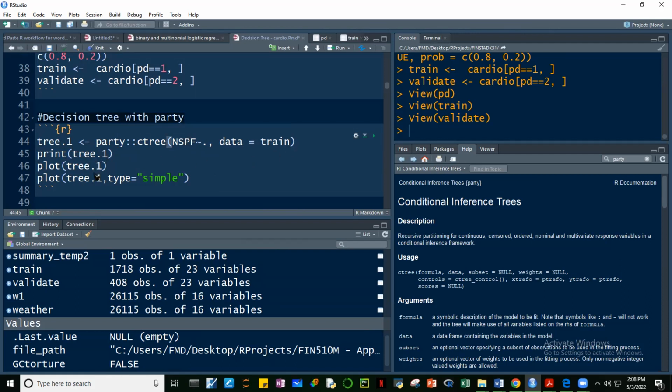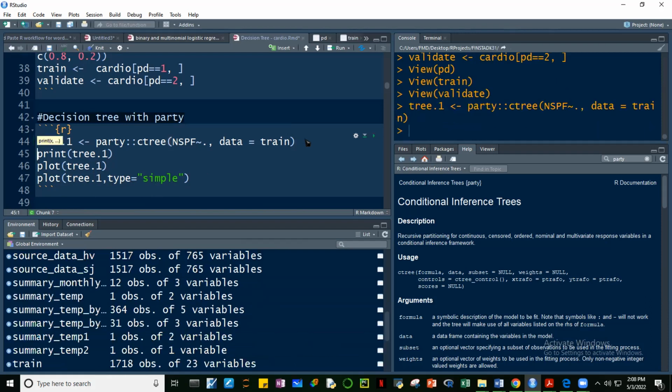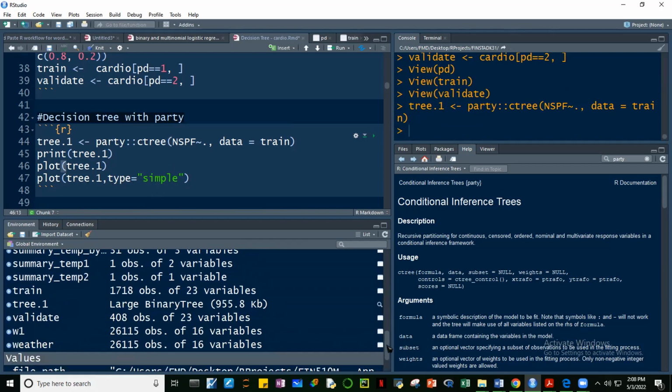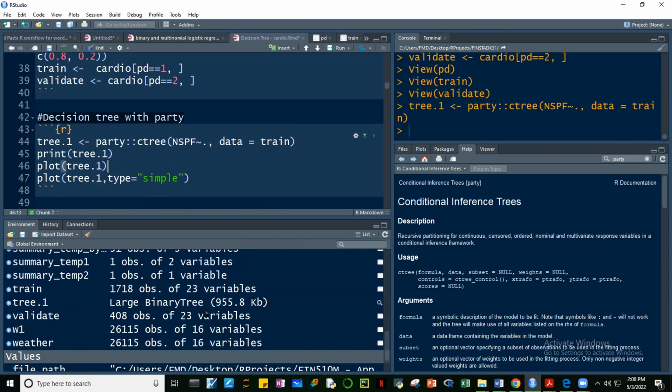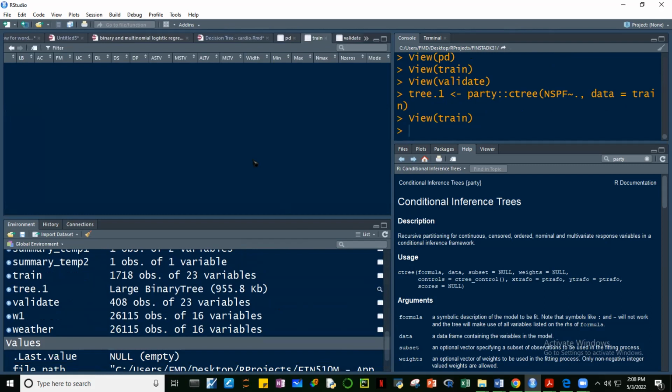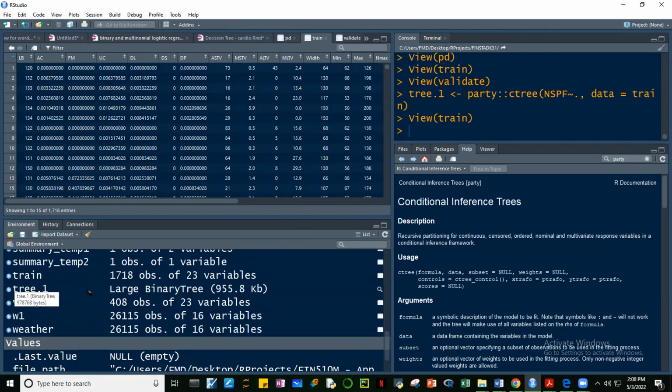And then ipiprint natin, ipa-plot natin, at saka tingnan natin kung ano yung simple na pag-plot. Okay, so let's run it one by one para makita natin yung result. So we now have this object ctree1. So ano ba yung laman ng ctree1 na to? Okay, ang sabi dito, it's a large binary tree. Yan. So that's the object that's generated from the ctree function. If we click this, guys, it's a